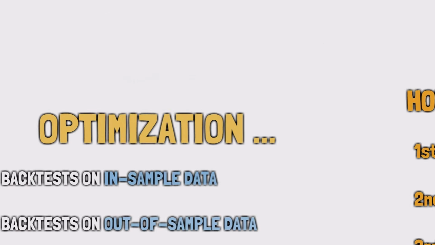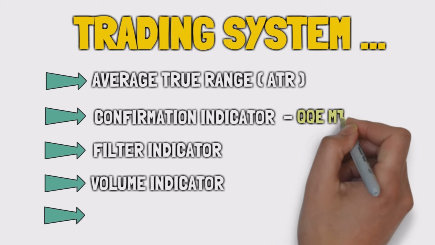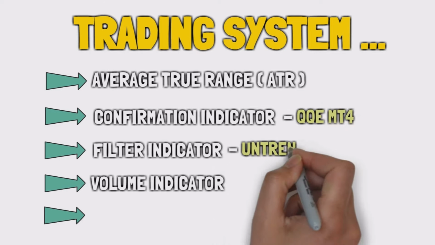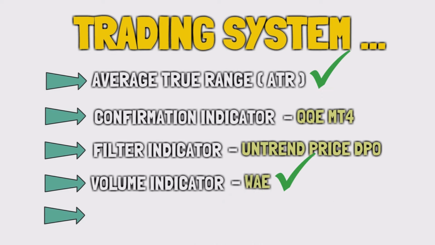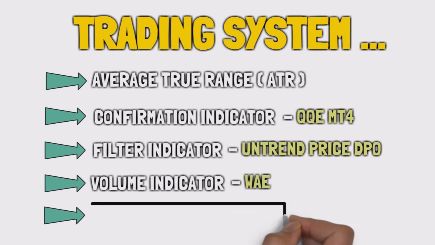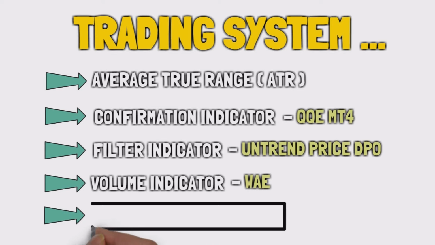This way, for now, our strategy is formed by the Ep.4, the untrend price DPO, the quadrature explosion and the ATR indicators. Next week, we will address the final type of indicator that will probably increase even more the efficiency